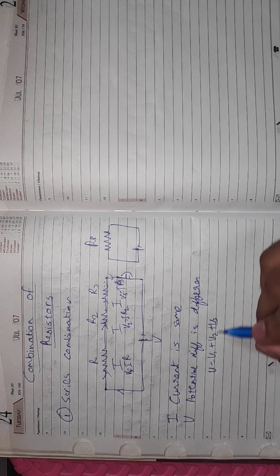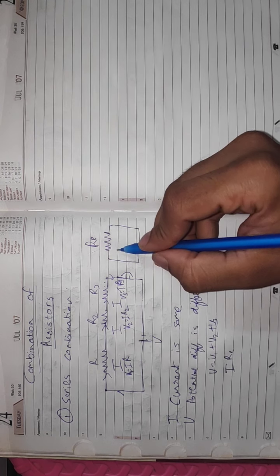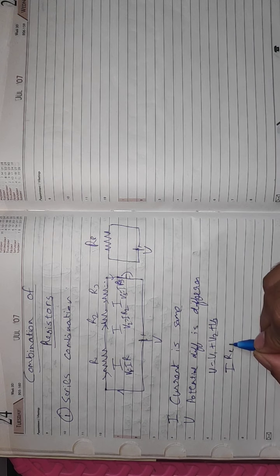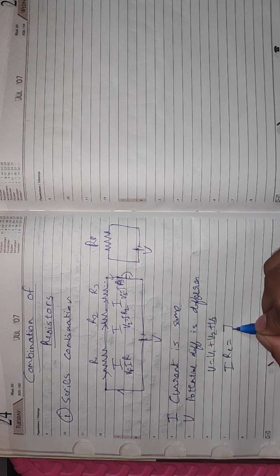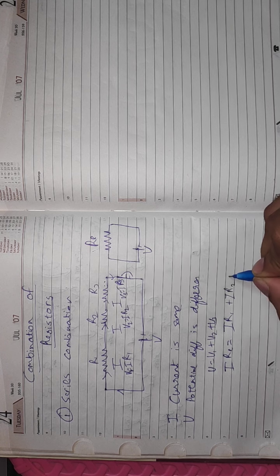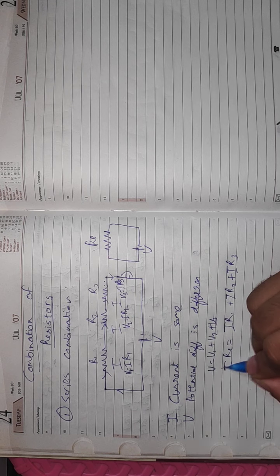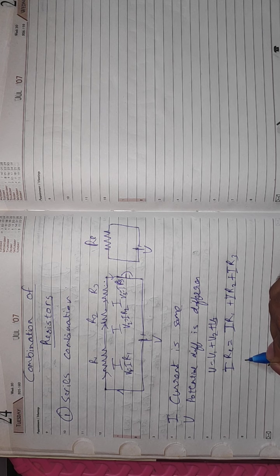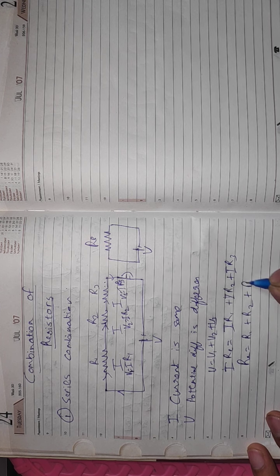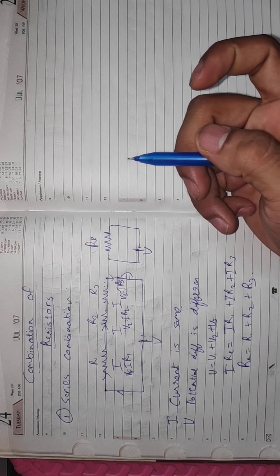So what is the value of V? V equals IR. Here it will be I times RE, because the total potential remains the same. V1 is IR1 for the first one, for the second IR2, for the third IR3. Here I is common, I is the same for each, so I can cancel it out. So my equivalent resistance is RE equals R1 plus R2 plus R3. This represents the equivalent resistance of these three resistances connected in series.